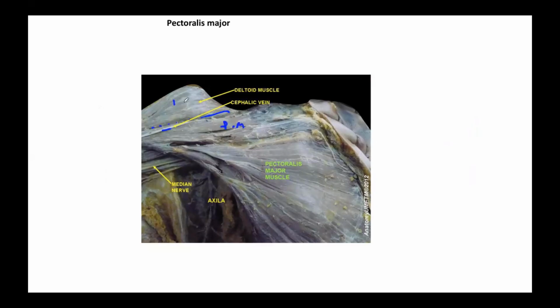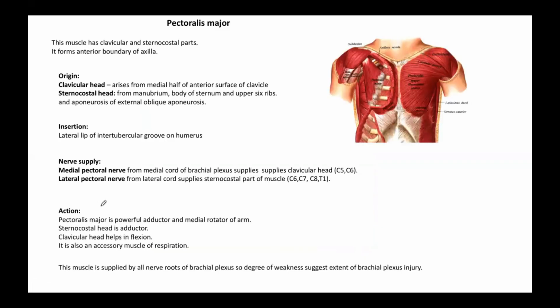And this is deltoid. So this is the deltopectoral groove, and the cephalic vein passes in this groove. But we should be able to identify anterior from middle fibers. If we put an instrument here like dissecting forceps, we can separate anterior fibers from middle fibers. Similarly, posterior fibers we can separate